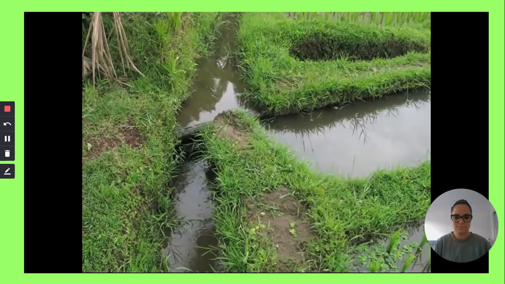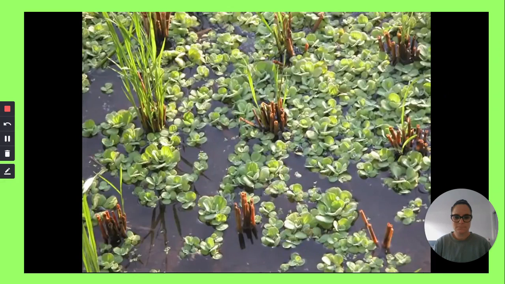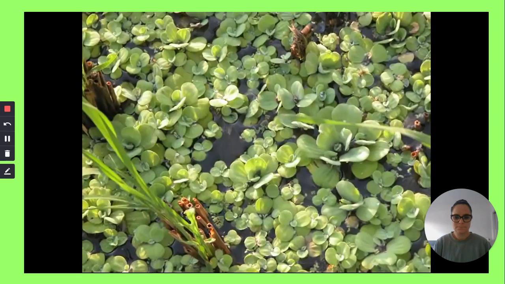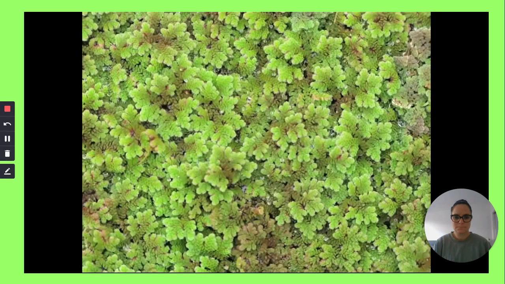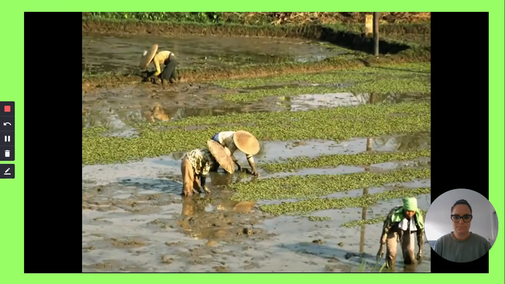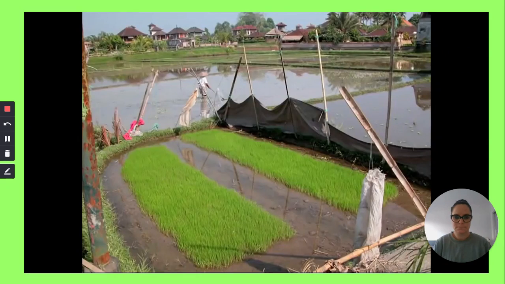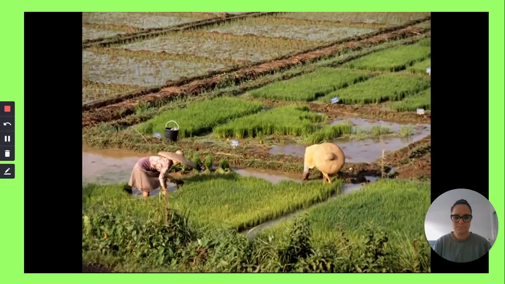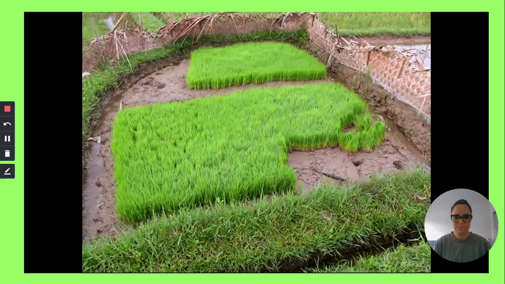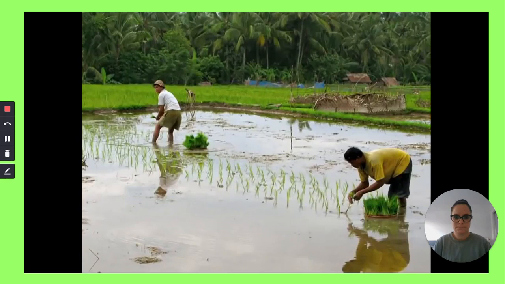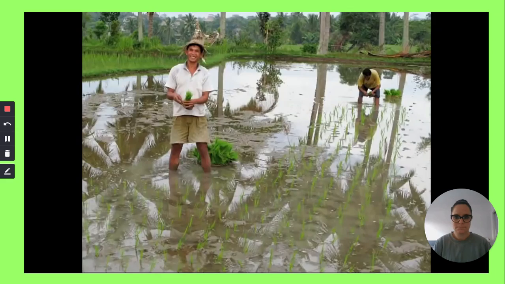To improve fertility, water ferns and other floating plants are grown in the paddies along with the rice. Before planting, some of the green mulch is pushed down into the mud. While the paddy is being prepared, rice seedlings are grown in a separate bed. When they're about 6 inches tall, they're dug up and replanted in the paddy. It's back-breaking work.